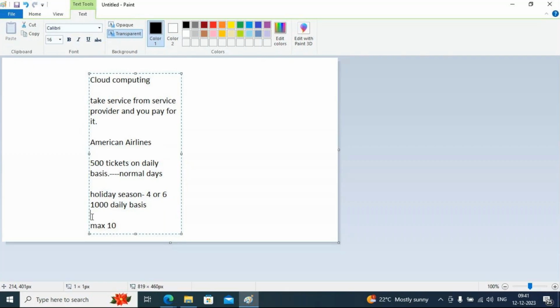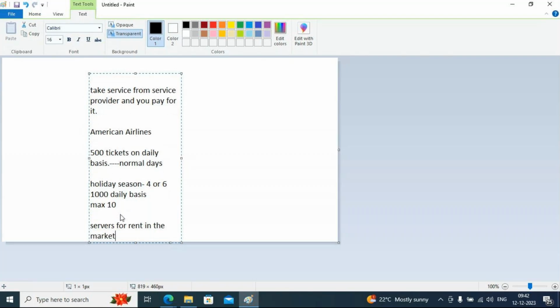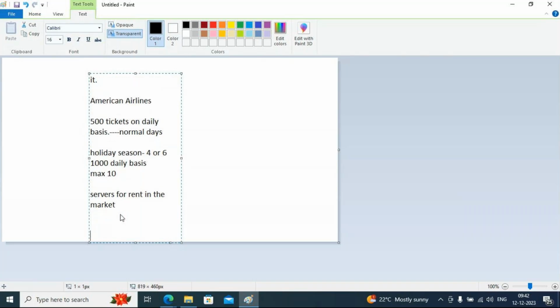Instead of buying, they would look in the market for someone who will give servers for rent, to pay rent, for hire, right? They look for servers for rent in the market. When they go into the market and search for servers for rent, they come across some companies called Microsoft Azure,